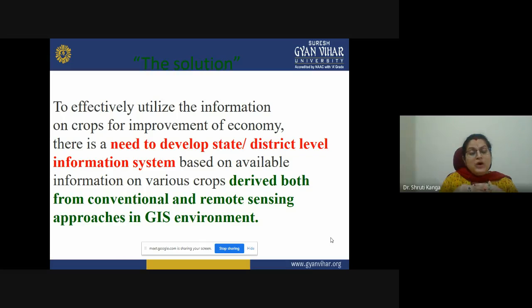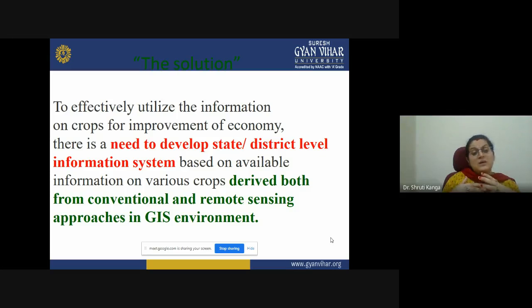We have to apply different kinds of conventional techniques in collaboration with different geospatial technologies, to have an idea about the different crops at different levels, at maybe village level, district level, state level, at the nation as a whole. Okay, for the improvement of the crops,